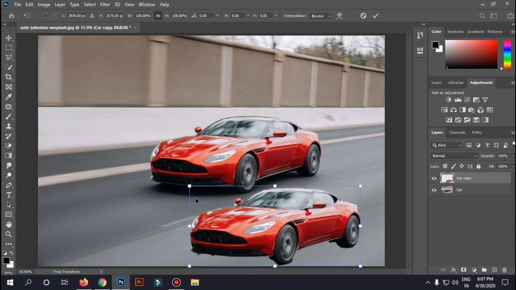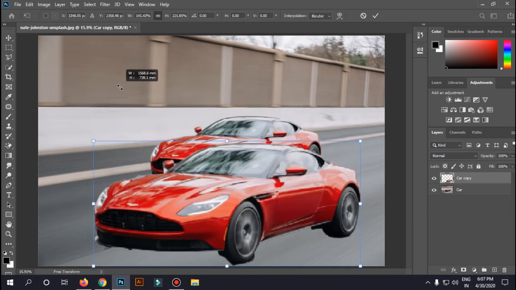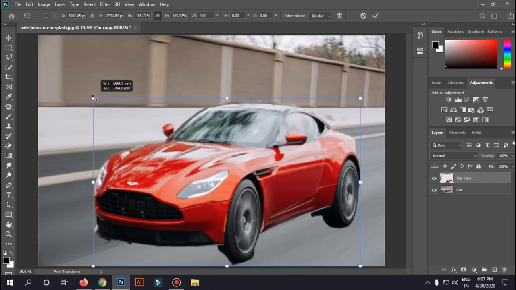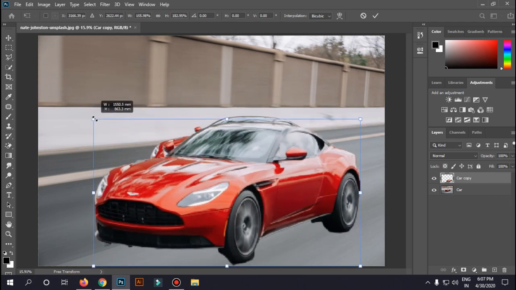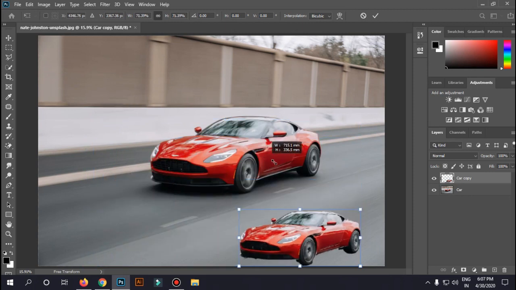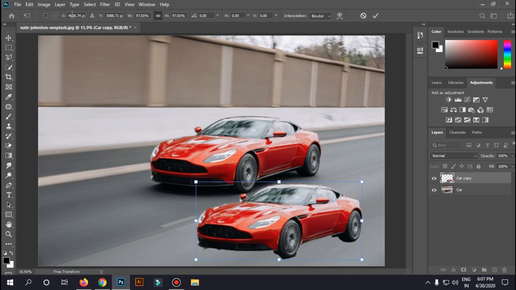This opens up the transform tool, which you can play with. You can play with it at whatever size you want. If you hold Shift, it just distorts the image. If you leave Shift, it gets back to its original shape. Now here are some settings above. You can even play with its width and height.